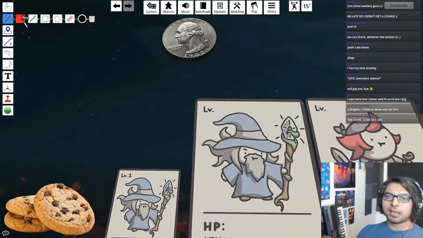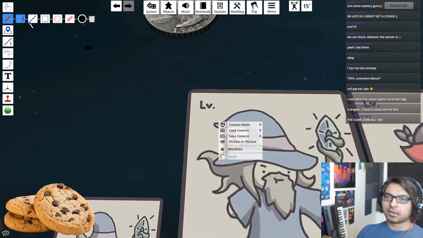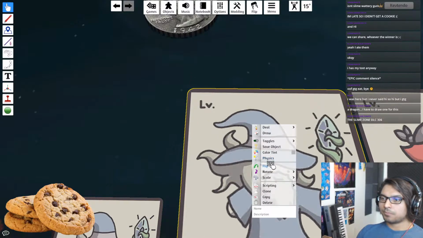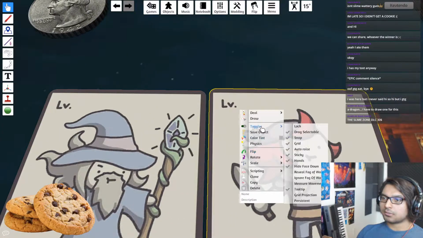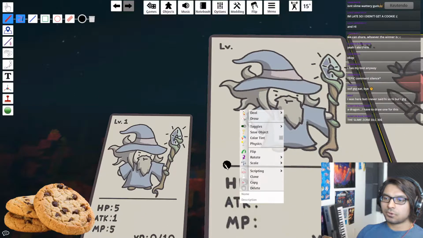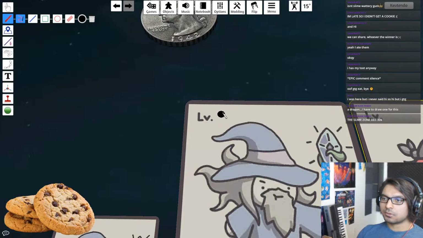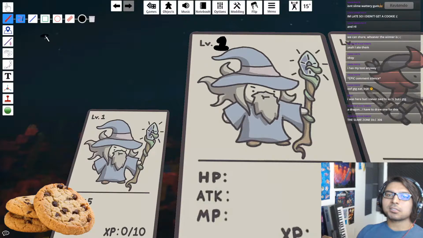So let's take the pen here. Oh, I gotta lock this. Whoops. I gotta lock these two. Toggles, lock, and then toggles, lock. Now I can draw on them. So, level 1, of course. Oh my goodness. They need to be even bigger than that. They need a better drawing tool. Why is it...